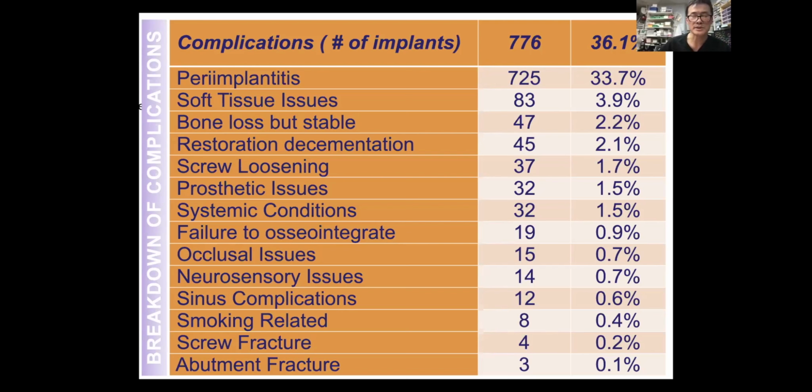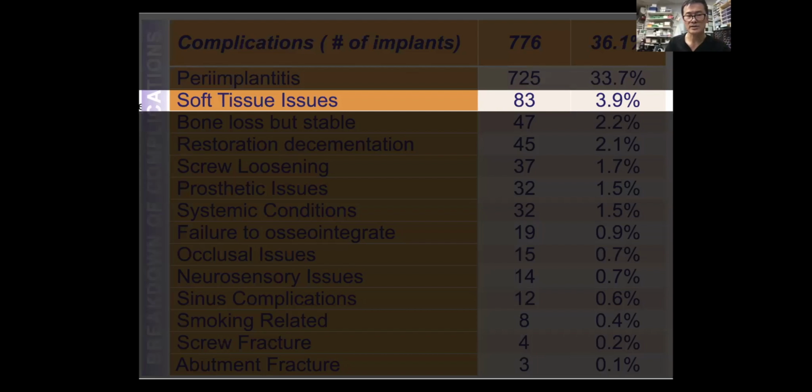Guess what number 2 is? Soft tissue problems. Now, my definition of soft tissue problems is very broad. I try to do that because I want to capture all kinds of imaginable soft tissue problems and prevent them from getting worse. So my definition is a little broad. But nonetheless, for a very conscientious periodontist, the fact that soft tissue problems are number 2, I don't sleep very well